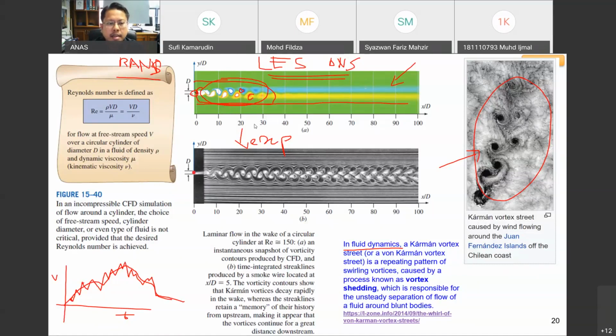So you can see that from the CFD results over here, the behavior of the von Karman vortex is simulated or replicated nicely. The question I had last time was why the one that I showed before as some examples did not show the behavior that we are looking at right now, the wake, the von Karman characteristic here. So the answer was because we are using RANS method in solving our simulation. So basically what we're going to study later on in turbulence model, which I think is after we finish FDM, is the difference between LES,